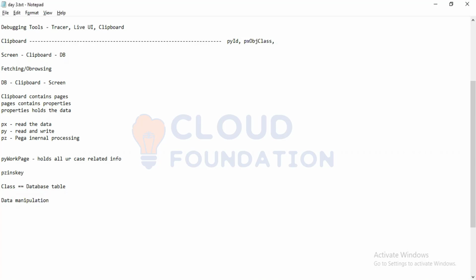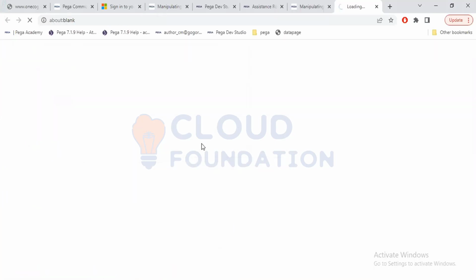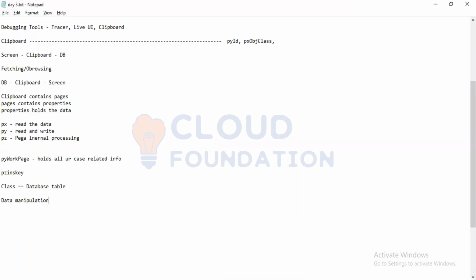Whenever we open a clipboard, the data will be present on pages, right? So how to manipulate data on pages, we'll discuss now. We have two types of rules to manipulate data on a clipboard. One is data transform, also called DT, and another rule is